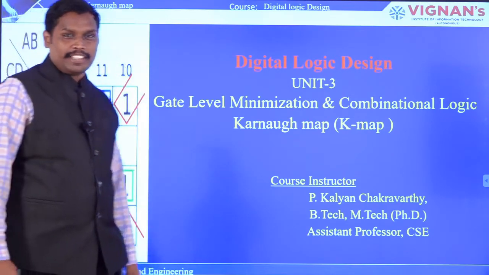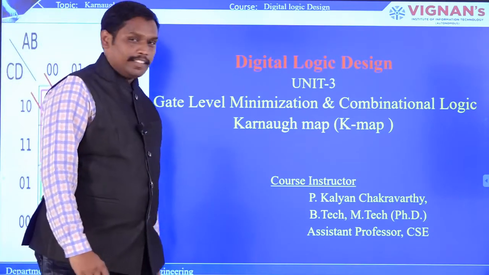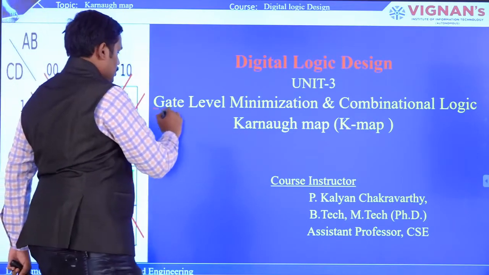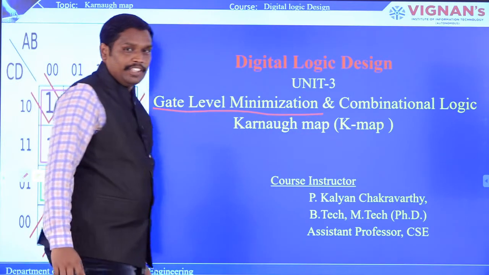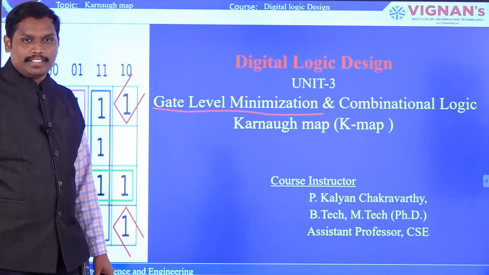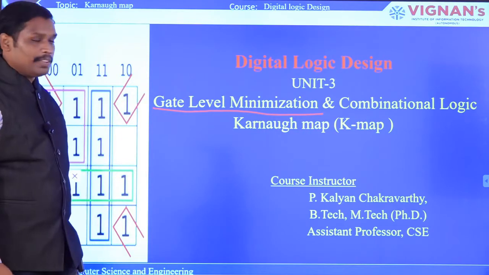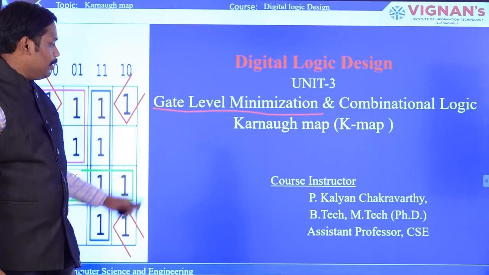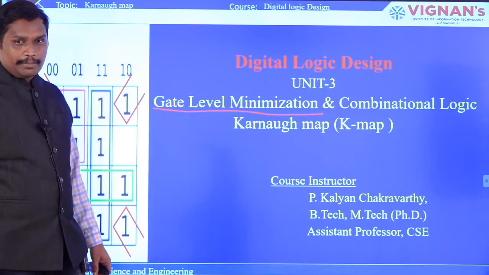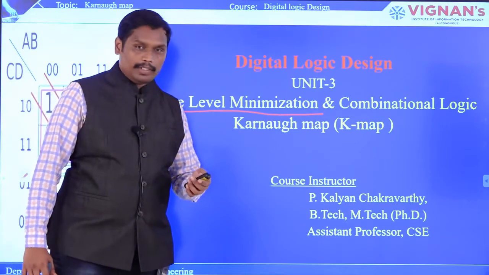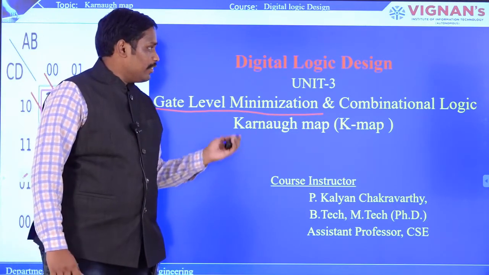Right. Welcome to the second lecture in Unit 3, that is gate level minimization, and we have seen in the first lecture the forms that are given, SOP and POS. So SOP and POS forms we have simplified using Karnaugh map. That is a technique that we use for simplifying the Boolean expression which is having Boolean variables. So we'll see some of the examples or problems which are there for this